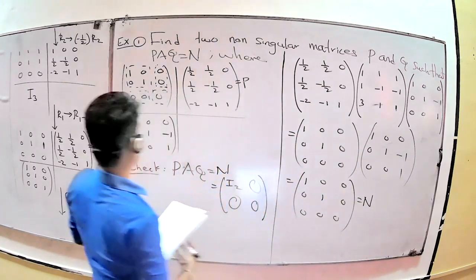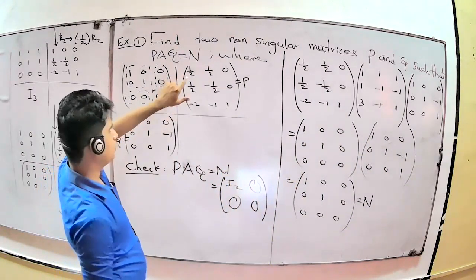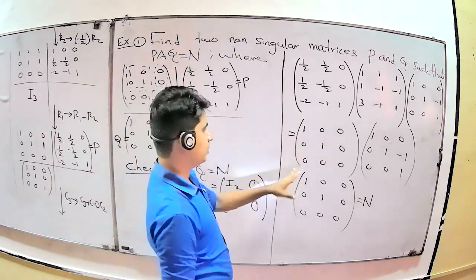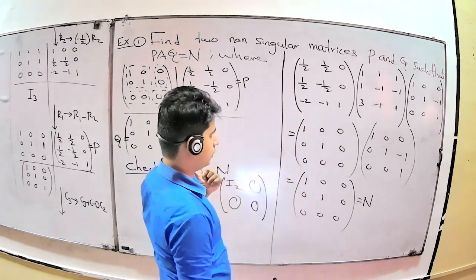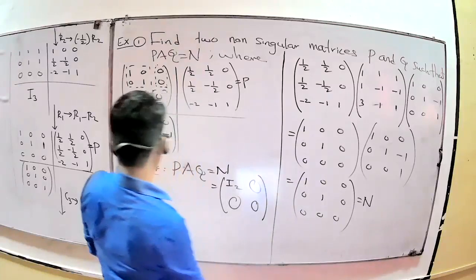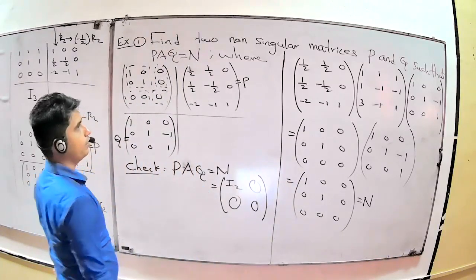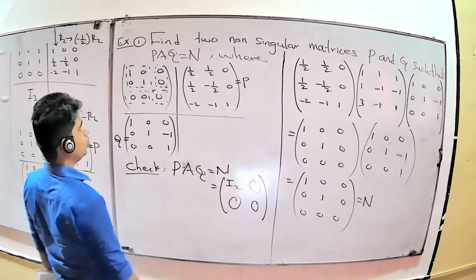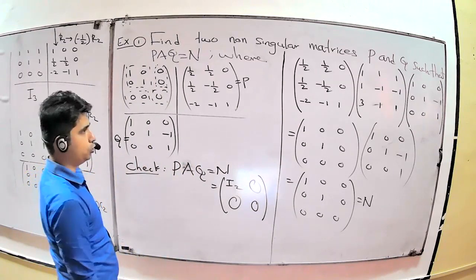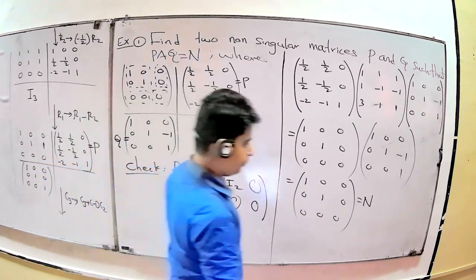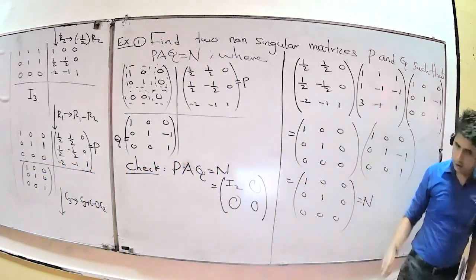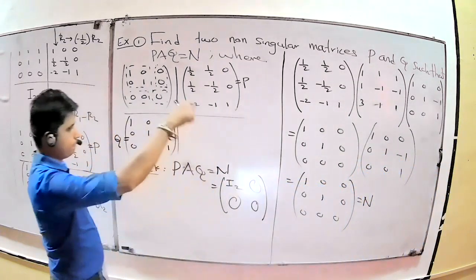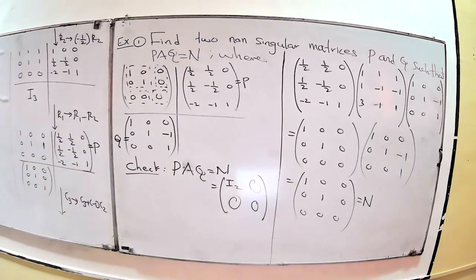Therefore, our answer is correct because you found these two matrices P and Q. Suppose you put this equation, you can check the answer. Suppose you get N, our answer is okay. Suppose you didn't get N, that means your P values and Q values are maybe wrong. Okay. Therefore, it is a question to find the non-singular matrices P and Q of the form PAQ equals N, right? Therefore, you can easily do that for any size of matrices, to find the normal form and P and Q values. Okay.